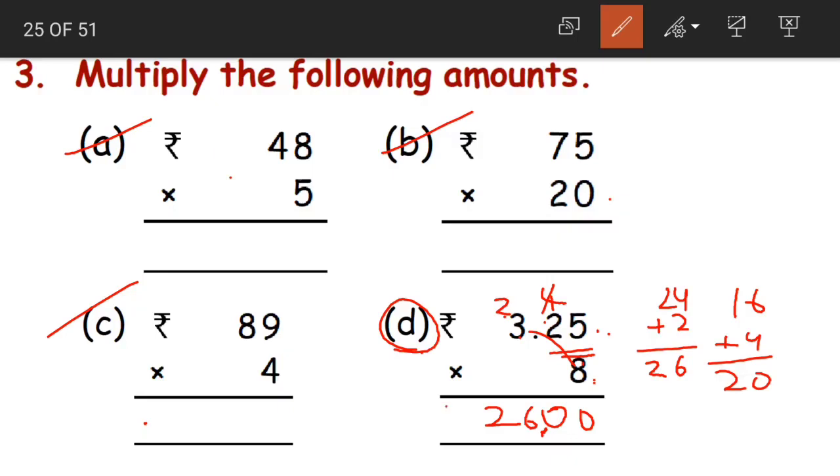26 rupees 0 paise is our answer for this. Understood, children? Always for the point, try to count the number of digits from the right side. If you count from the left side, we are placing a point after one digit from the left, so you might end up keeping the point like this: 2 rupees 600 paise. So this will be wrong. So how should we count the number of digits for the point?